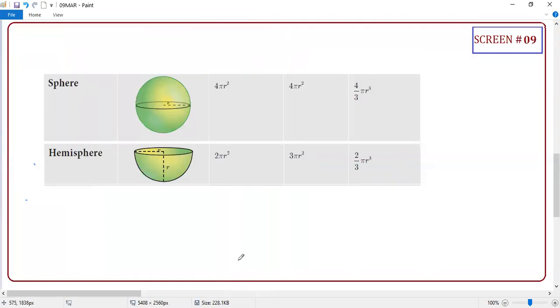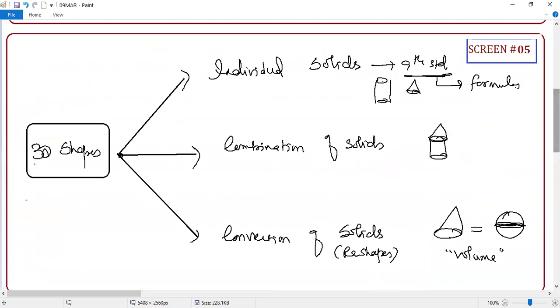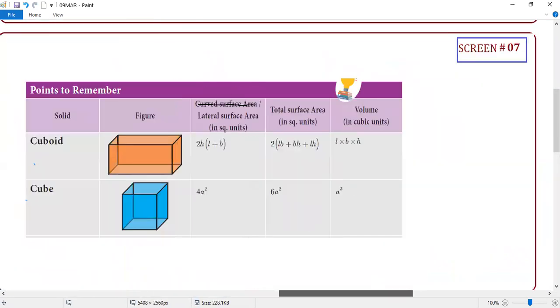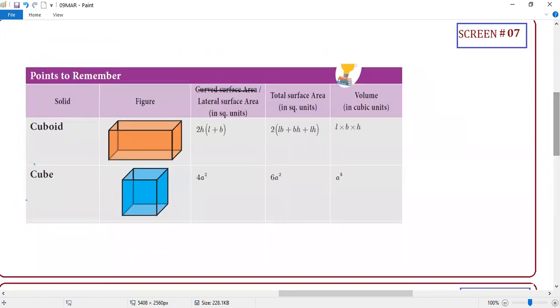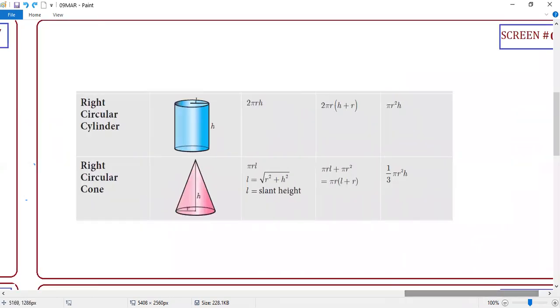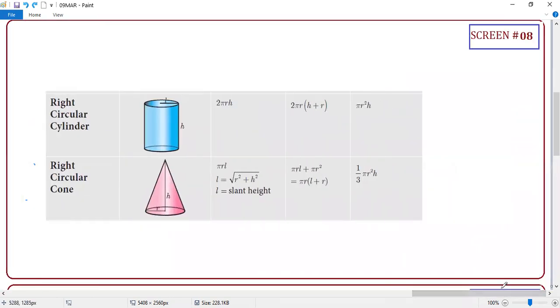But up to screen number 9, guys, no excuse. You should know all the formulas. Sir, I'm finding it difficult to remember the formulas. You don't have to remember, students. Just remember what I said: your LSA and top and bottom. If you remember that, the answer is ready. You can derive it on your own. Even my videos are there on YouTube. You can watch them.